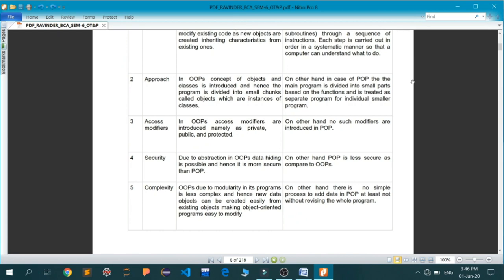In this particular methodology, that is OOPS, we create the complete code around some data called objects, and objects are the physical realization of a particular blueprint, and that blueprint could be termed as classes.